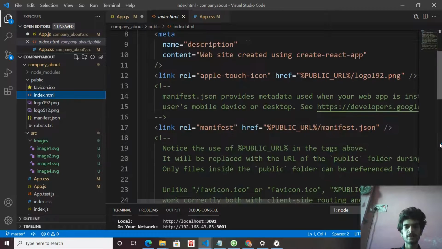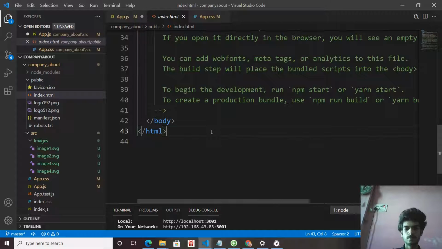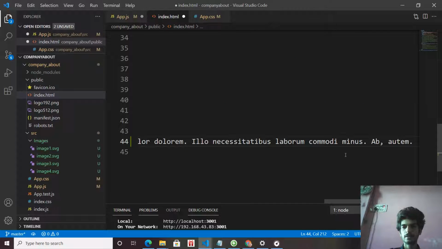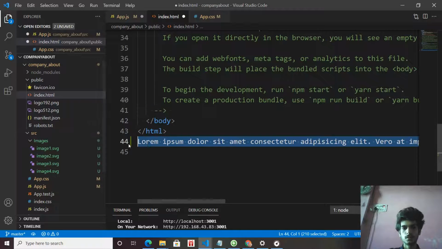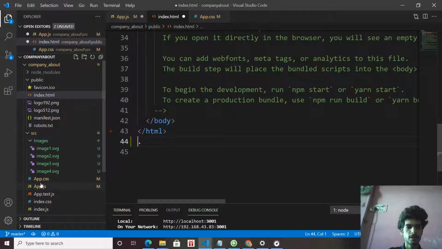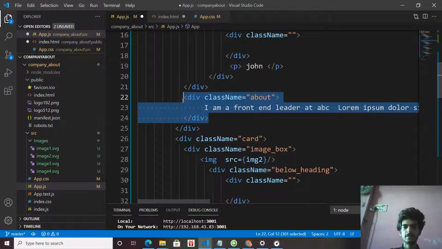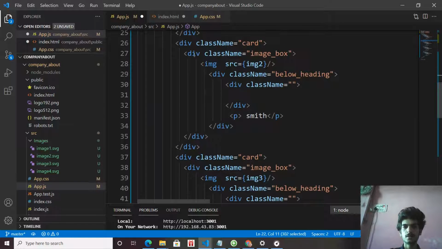Go to index.html and create a lorem text of 30 words, and move it in the app.js in the about container. So we have moved it. Paste it. Okay, let's copy this about and paste it after all the image boxes.